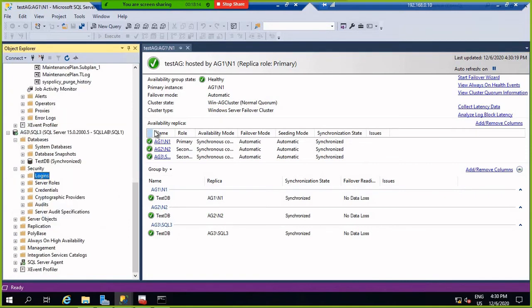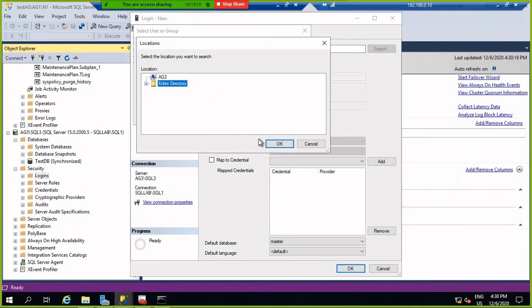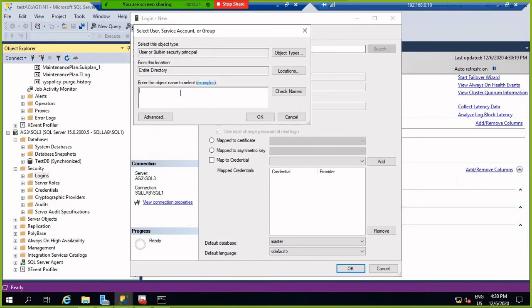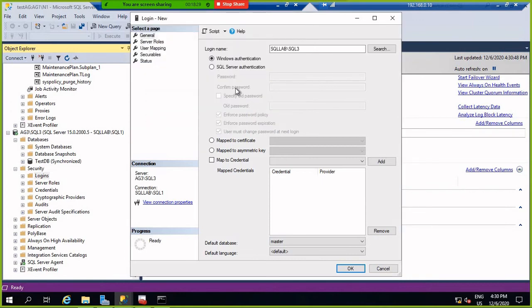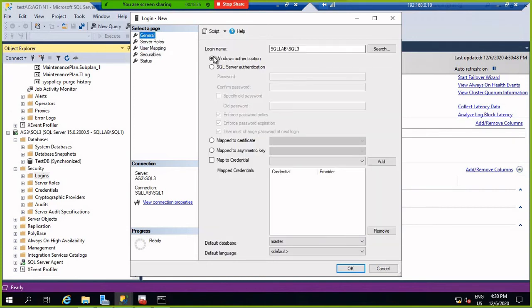Go to security, new login, and change to SQL 3. Check out the SQL 3 here. You only have to create the login, no need to map and all this.